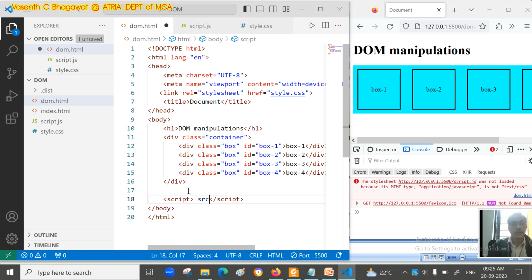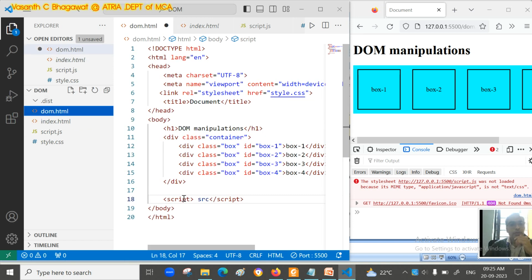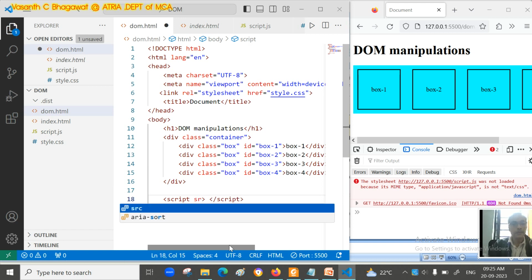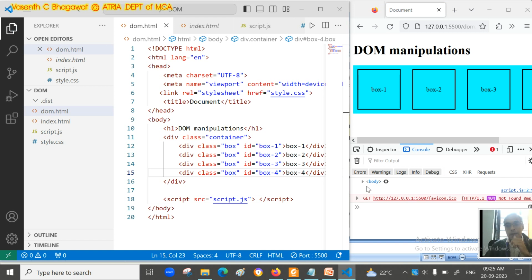For your script, the source is script.js. I just save it. So now you can see here, in our JavaScript